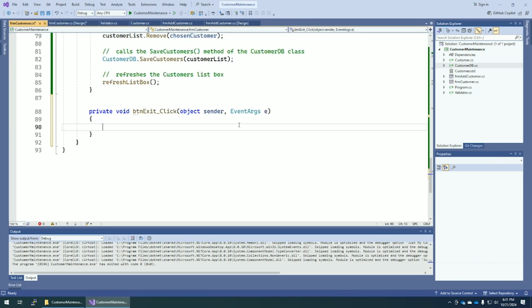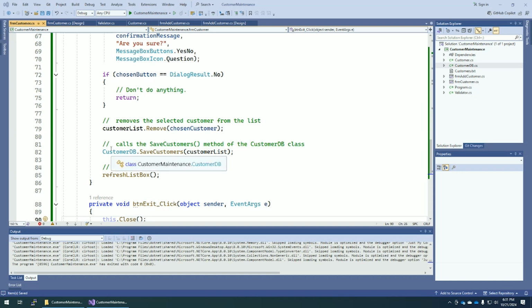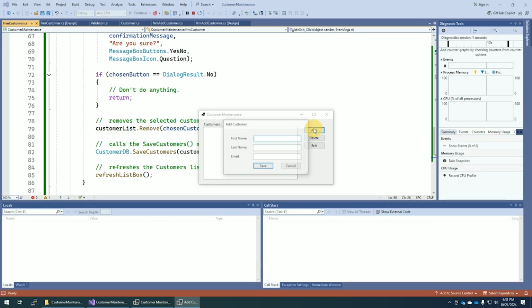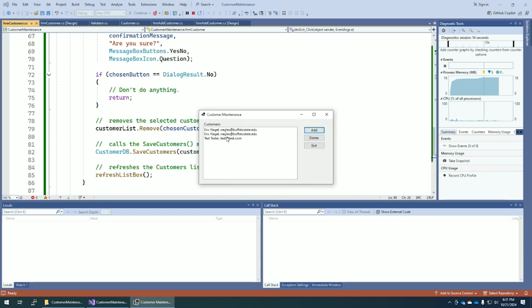Double click the exit button. That was step 12, by the way, is to code the exit button. So look, what happens here is I'm going to add someone. All right, I'm going to add a couple people here. Eric Nagel, Nagels at BuffaloState.edu. Add tester, test at test.com. Oh, now I have 2 Eric Nagels. Well,